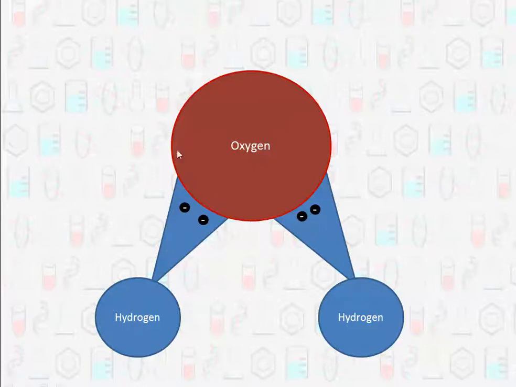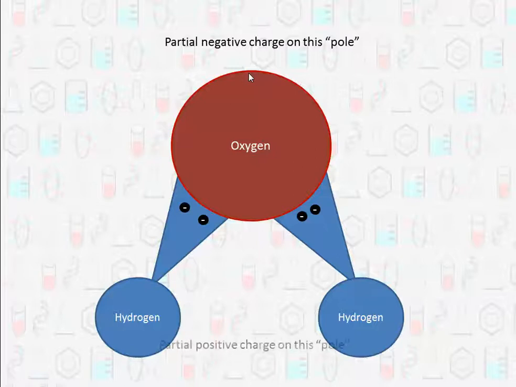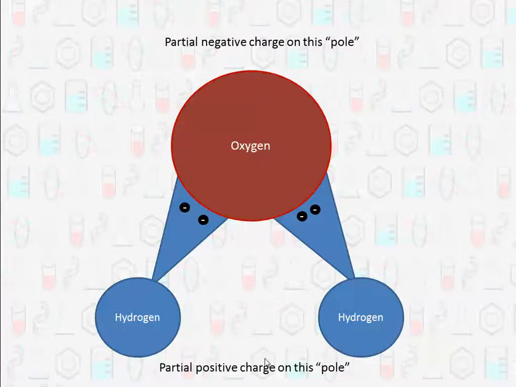They stay closer to the oxygen side, right? Which gives oxygen a partial negative charge because electrons are negative. So oxygen has more negative electrons hanging around at any given moment, and that gives this side, or instead of side, we can say pole, a partial negative charge. And this side, then, because it doesn't have as many negatives, just has its positive protons, has a partial positive